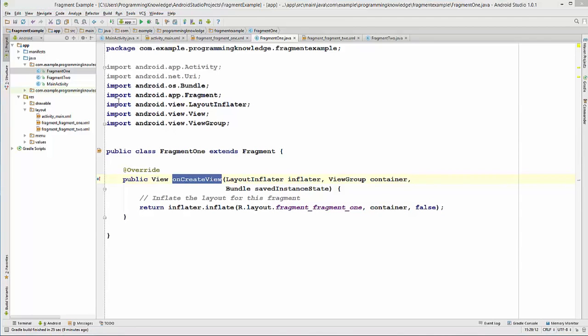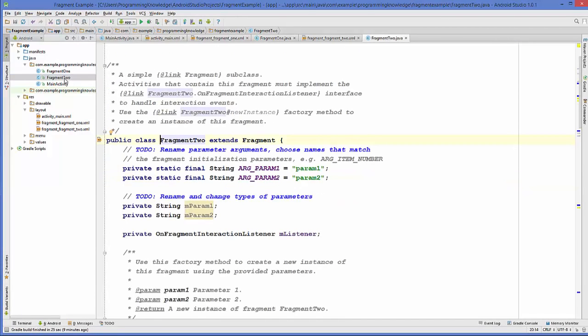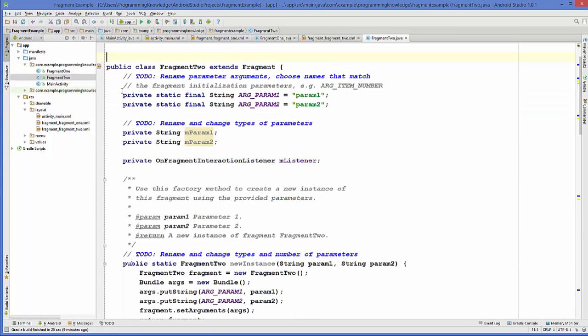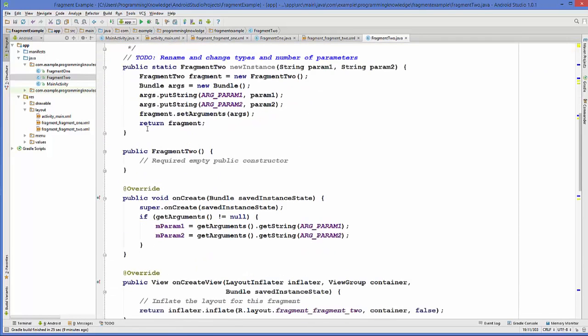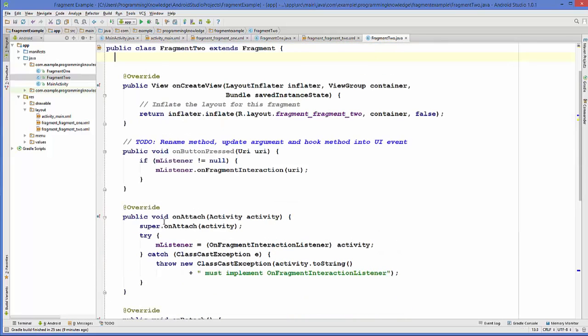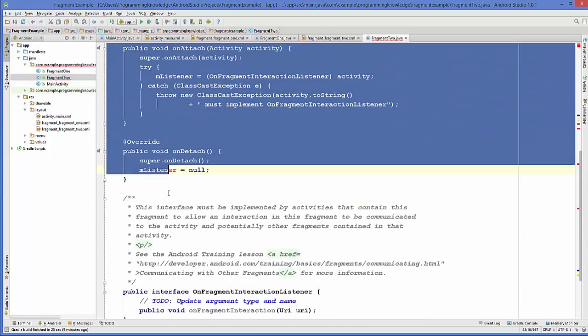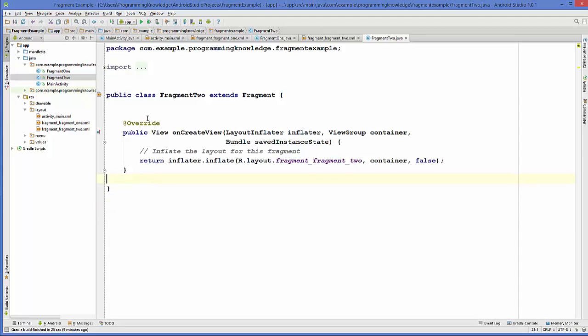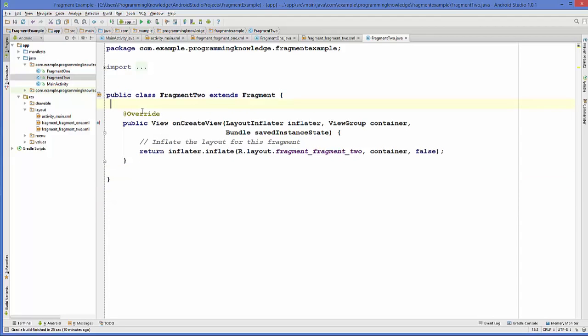And we will do the same for fragment 2 also. So we will click the fragment2.java file and we will delete all the code other than the onCreateView method. So delete all the code inside this class and just leave this onCreateView method. Okay,